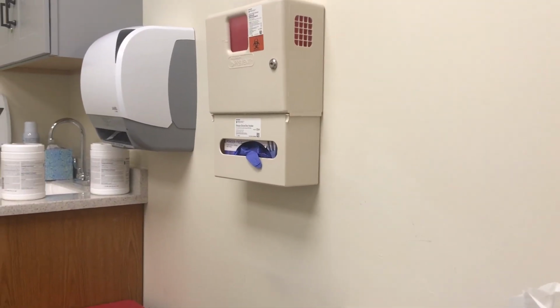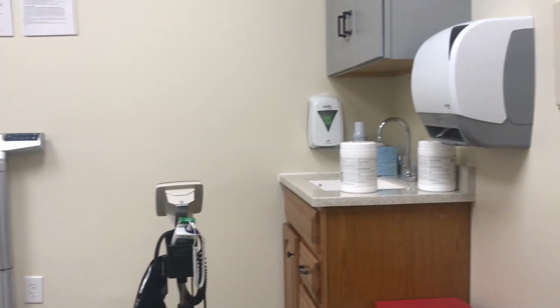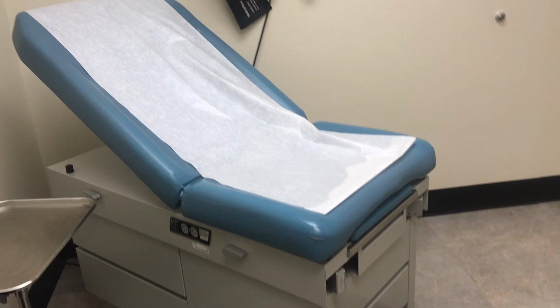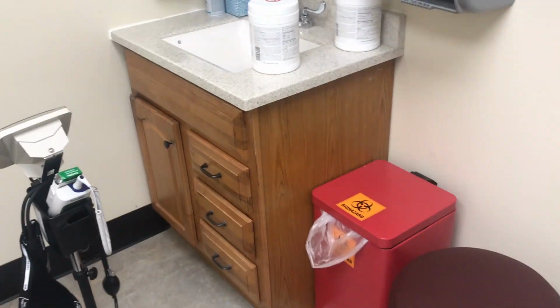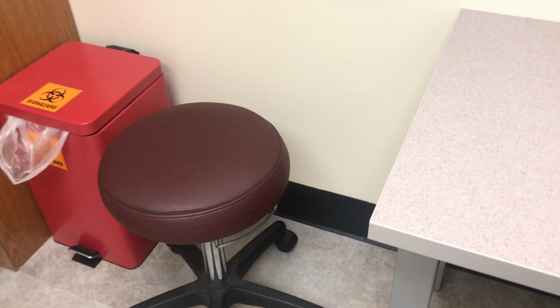So this is a quick little pan of where I'll be spending most of the day. That's the bed right there, the scale, vital card, little sink,